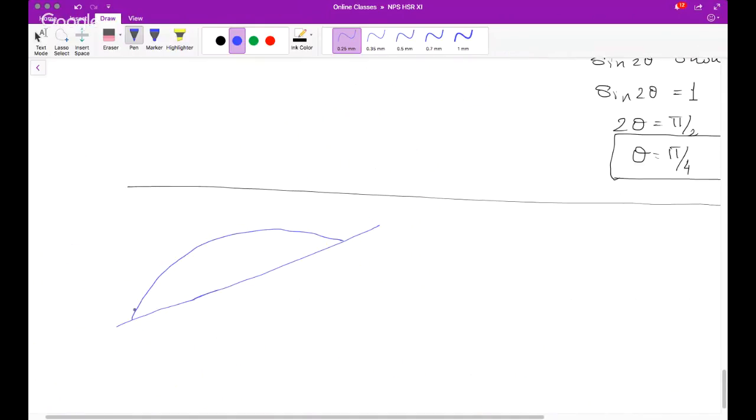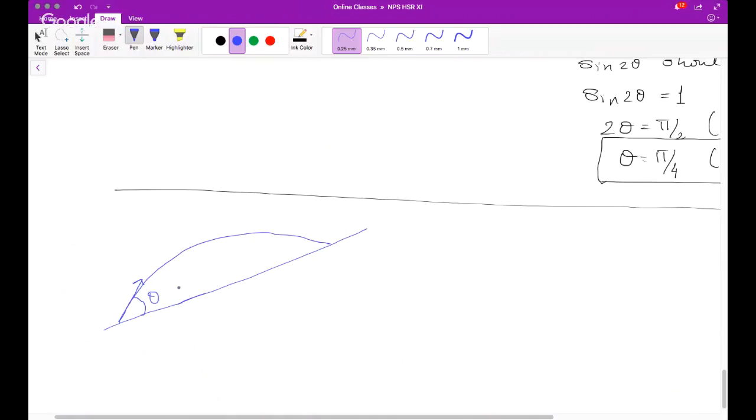In such cases, let's say this angle with reference to the inclined plane was theta, and the inclined plane itself is at an angle, let's say alpha,